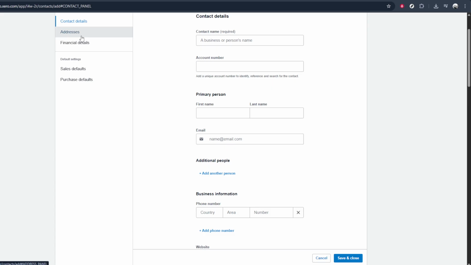The more accurate and complete this information is now, the easier it will be to invoice or bill this contact later. When you're happy with everything you've entered and you've double-checked for spelling or number errors, look for the button labeled Save and Close. Click on Save and Close to create the new contact and return to your contacts list. Your new contact is now stored in Xero and ready to use on invoices